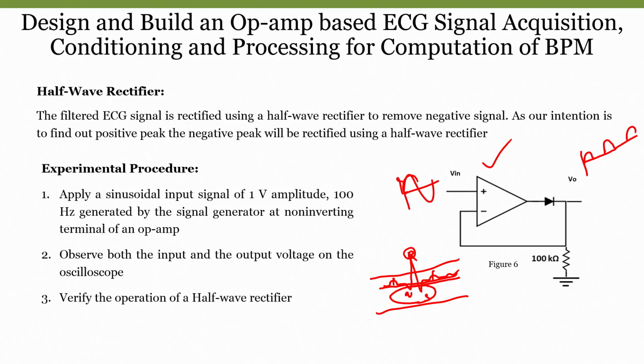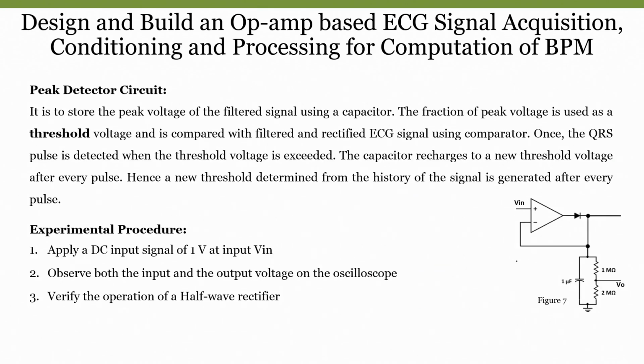So, if you see the logic to implement it, this particular capacitor part will charge, and the purpose of this 1 mega and 2 mega is to provide a threshold. But what percentage of threshold are we setting here? If you observe, this is nothing but a voltage divider circuit, 1 mega, 2 mega. If I say this is V in, so this is V out. V in is the charge across our capacitor, right.